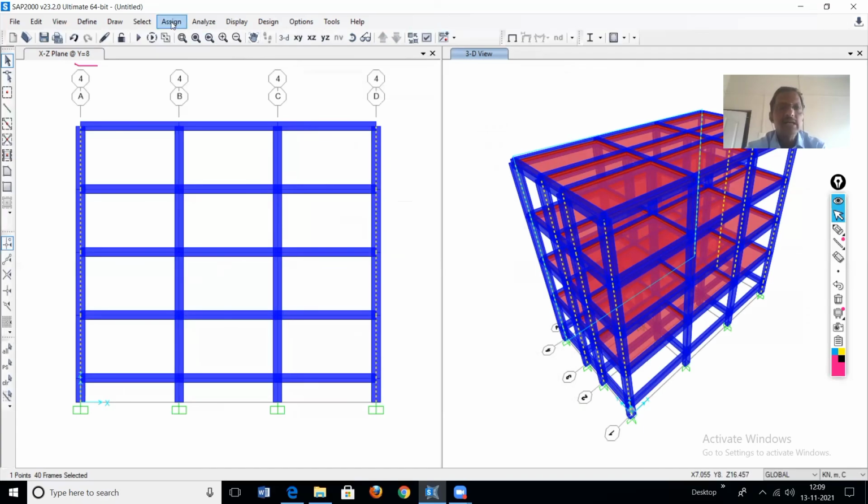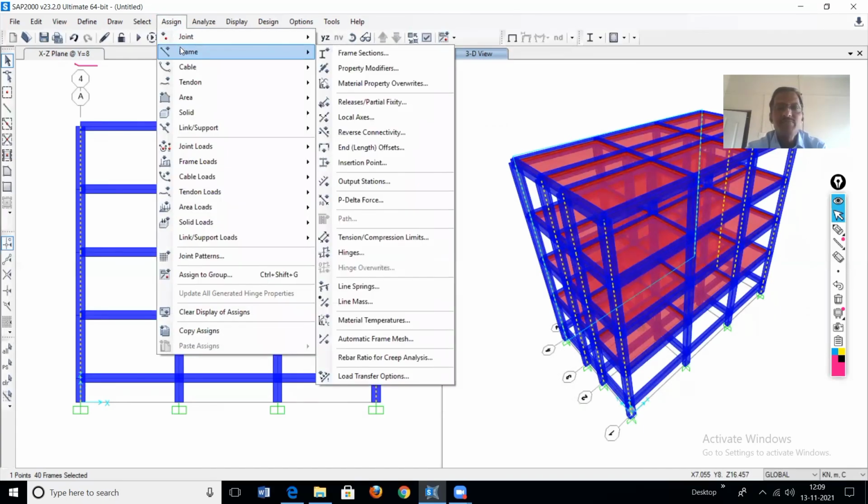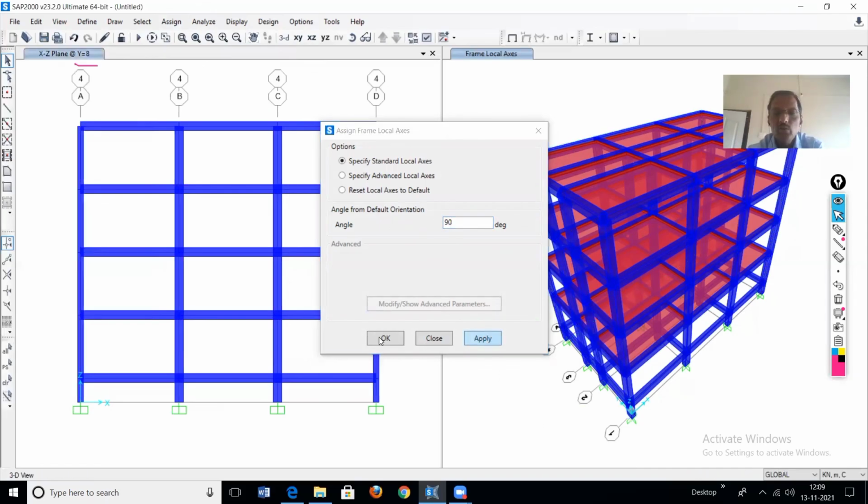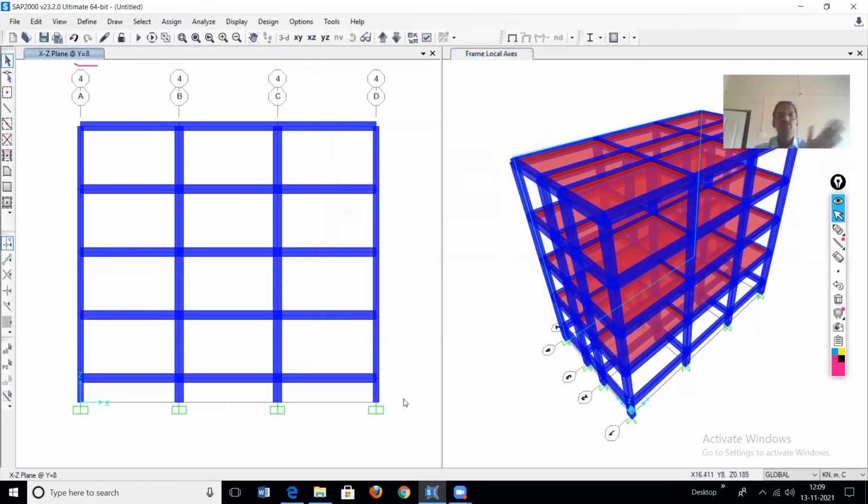Which command? Assign frame, and then local axis, assign frame local axis. Here you just turn the local axis by 90 degrees. Turn the column section by 90 degrees. Then apply and OK.